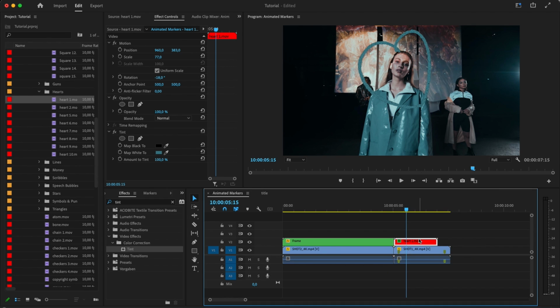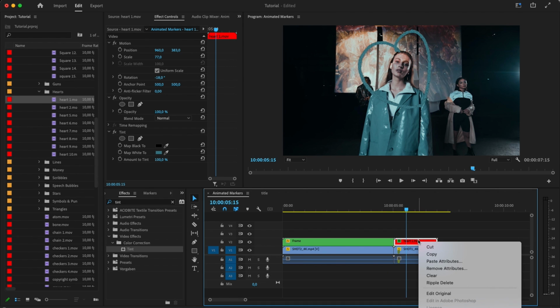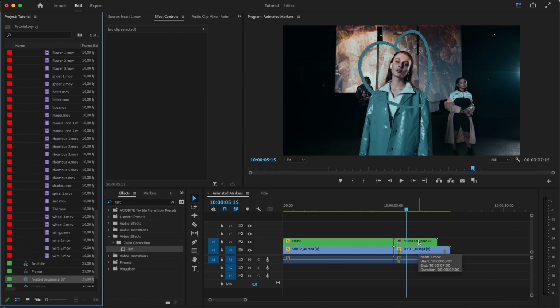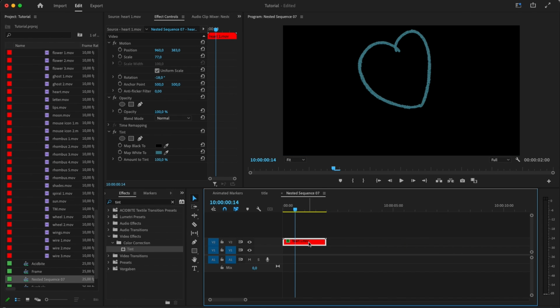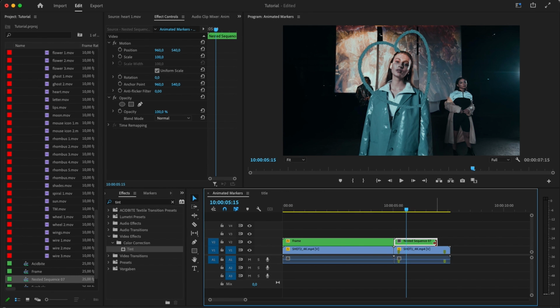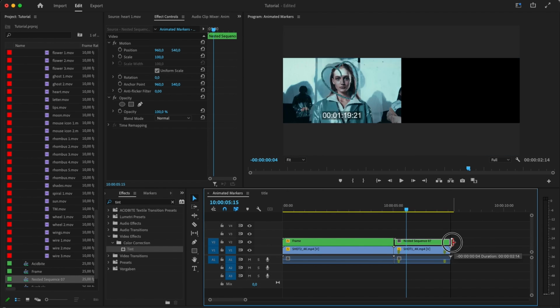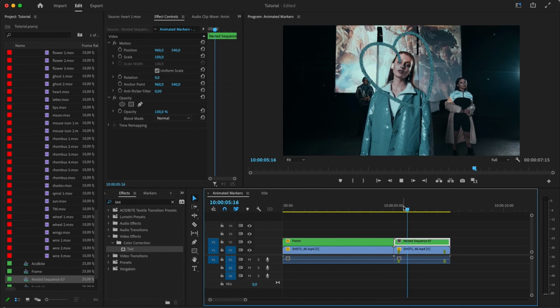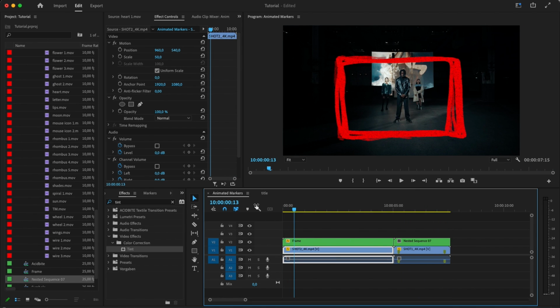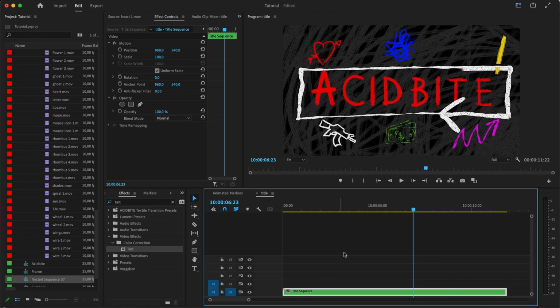Okay, I think that's looking pretty good. But again, because the clip itself is much longer than the actual asset's animation cycle, I'm going to make a nested sequence and duplicate it. Then I can extend that nested sequence, and it's going to reach the end of our clip. Let's preview that. So that's cool, guys. That's a super easy basic example. I just want to get you prepped on how to use the assets and how easy it is to drag them in and adjust them to your footage.